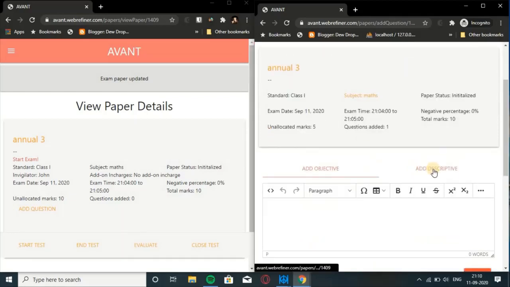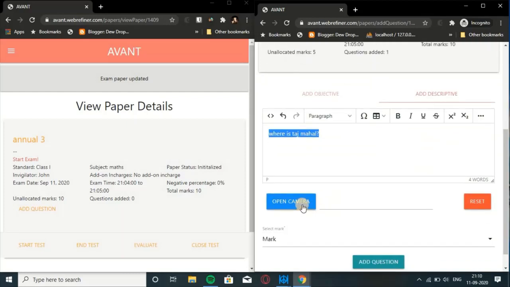Now let's just add another question. There is a descriptive one. As I said already, we can copy the question, we can paste the question, or we can upload an image, or if you are on a mobile phone, your camera will appear and you can snap an image and upload it directly. And also we have many other options, like say we are taking a math examination or any science or any language examination, we can add symbols here.